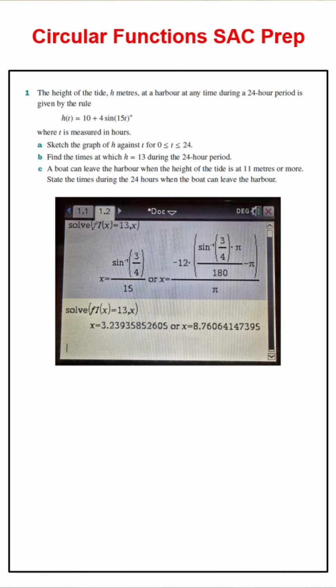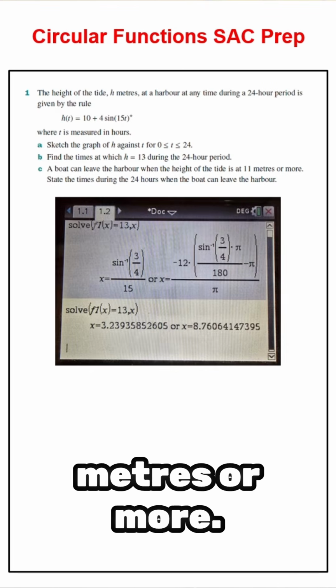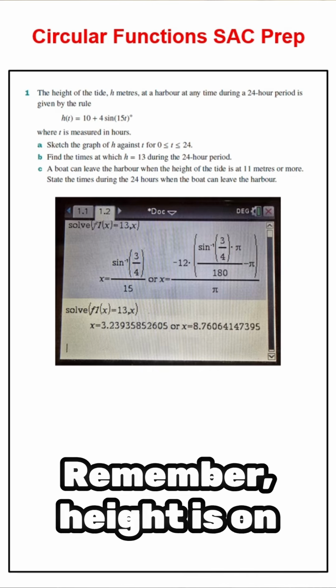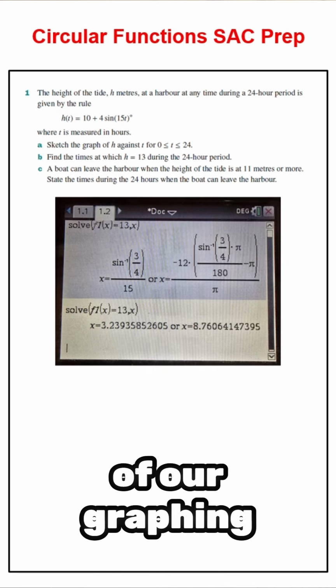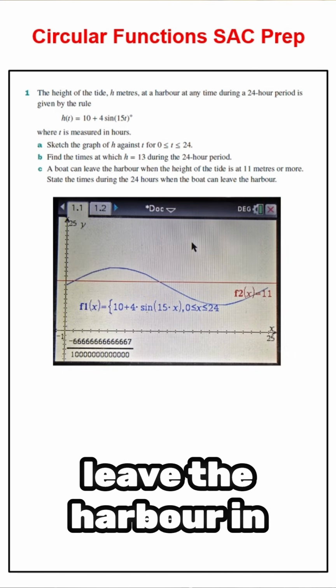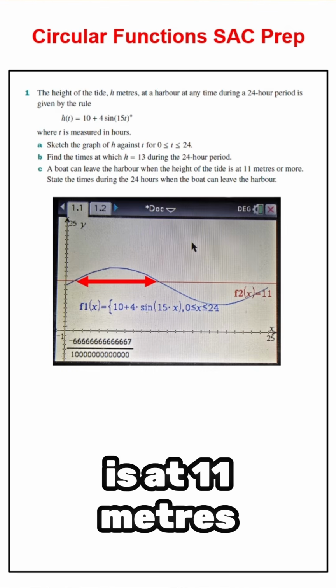Finally, part C. A boat can only leave the harbour when the height is 11 metres or more. When can the boat leave? Remember, height is on the y-axis, so if we make use of our graphing tool, we can see that the boat can only leave the harbour in this region here, since that's where the height is at 11 metres or